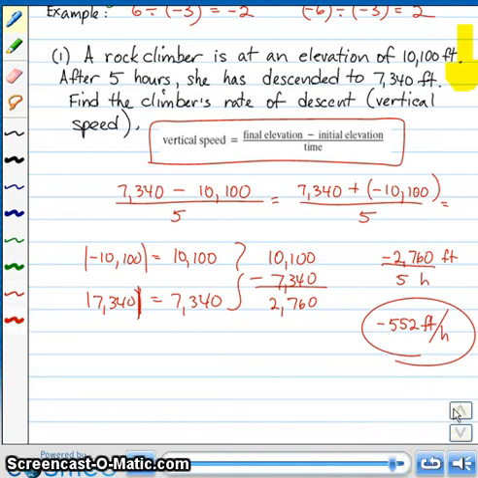Alright, well, just remember those couple simple rules. Dividing numbers with the same sign, the result is positive. Dividing numbers with opposite signs, the result is